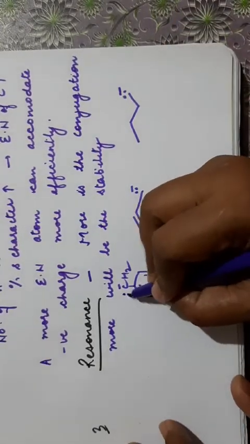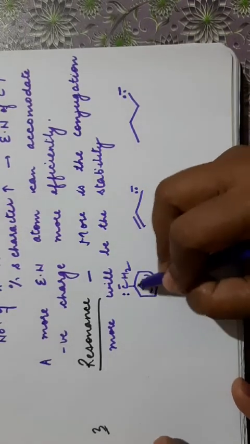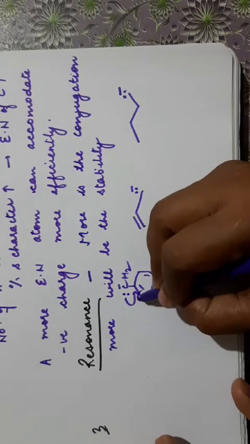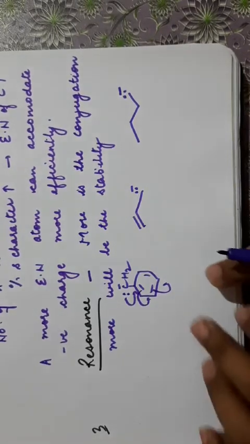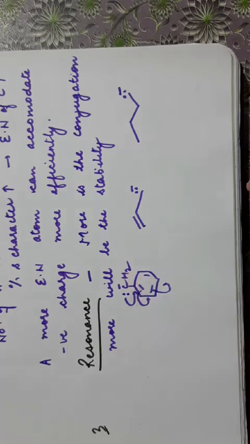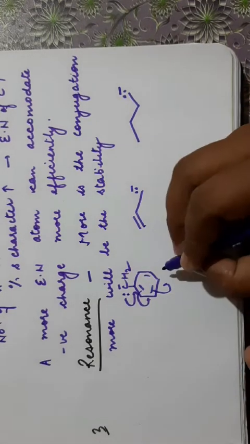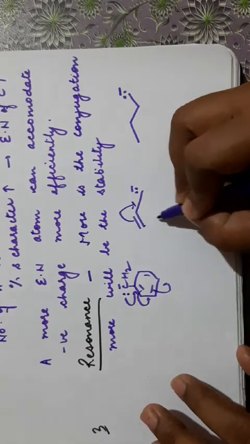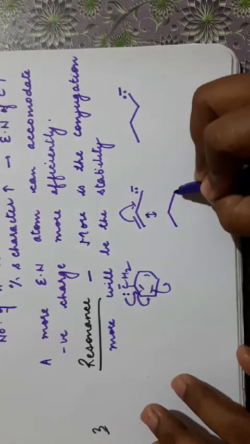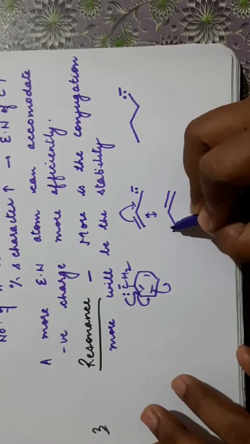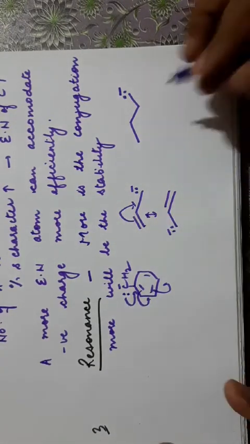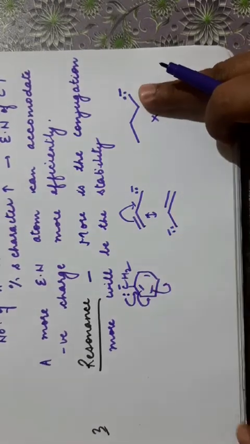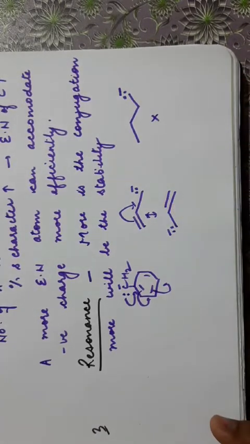Now in this case resonance will take place because this is a benzene ring, this negative charge can go here on the benzene ring, this electron will shift like this. Clear? So there will be a resonance over the whole of the benzene ring. Here also there is resonance, it can go here, you will get the resonating structure like this. This pi bond has come here, negative charge has come here. So there is resonance, but there is no resonance acting here. So these two structures are more stable than the third one because there is a resonance acting here.